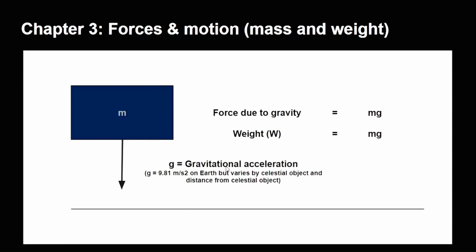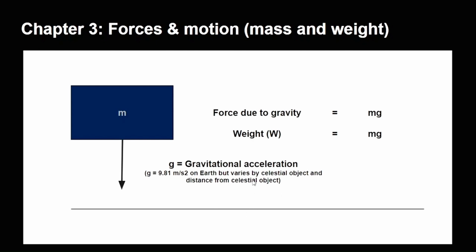I've said g is the gravitational acceleration. The exact value is 9.81 meters per second squared near the surface of the Earth. But this can vary by celestial object, as we saw from the examples of the Moon and Jupiter. It can vary based on the heaviness of that object, as well as the distance the body is from